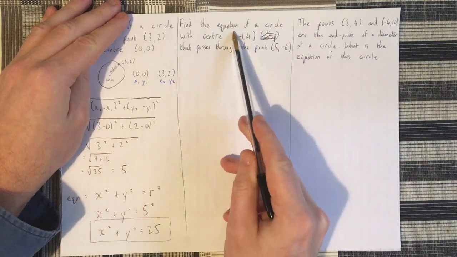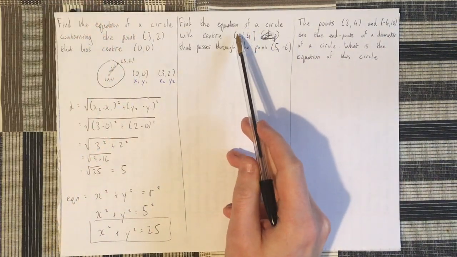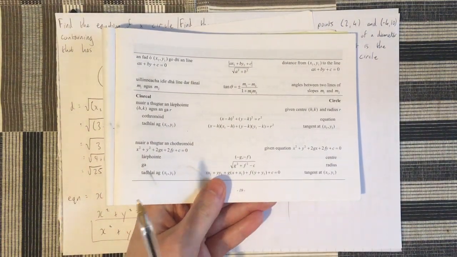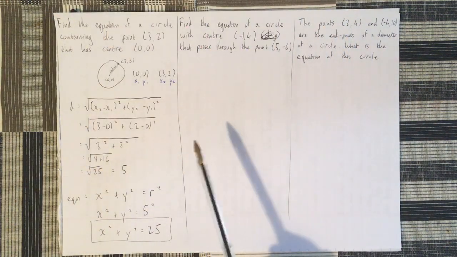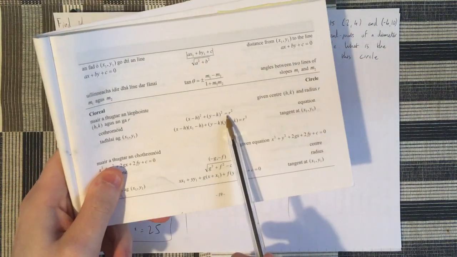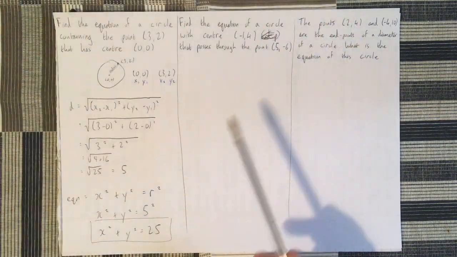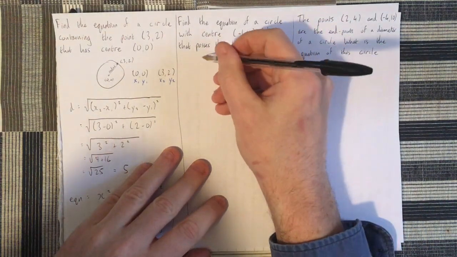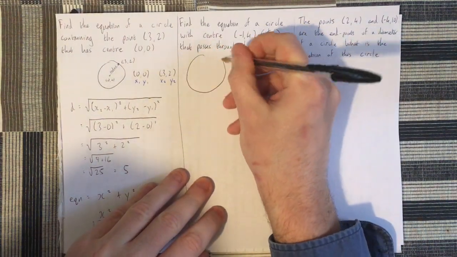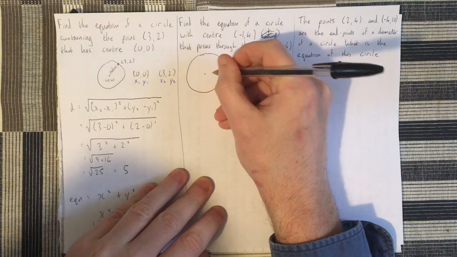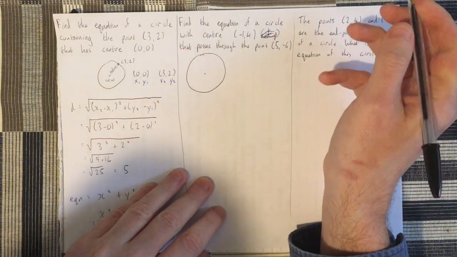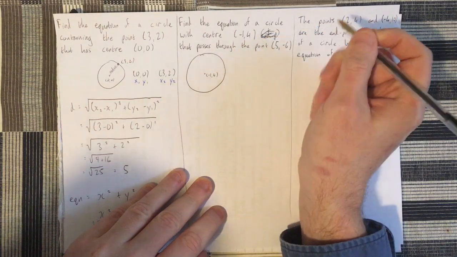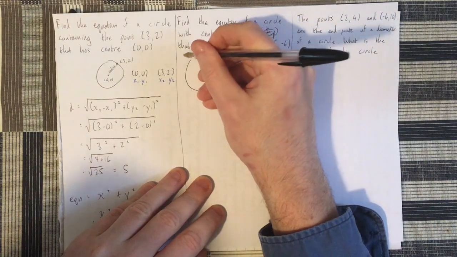So again, I'm given the center. It's not 0, 0. So I'm going to be using this x minus h formula. But on the right hand side of this formula is the radius. I'm not given the radius here again, so I'm going to end up doing the same thing, but let's just draw a quick sketch of it anyway. So my center is minus 1, 4. And I'm told minus 5, 6